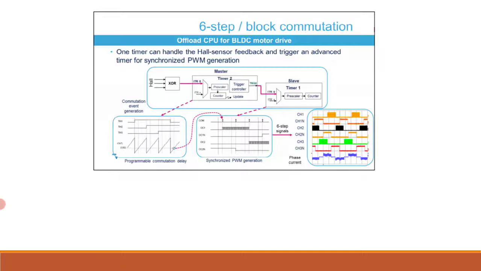The transition from one step to the other is preloaded by software in the commutation interrupt routine and automatically transferred by the hardware to reprogram the output operating mode when the next commutation arrives. The figure at right shows the 6 PWM signals for 2 consecutive complete 6-step sequences together with the current in one of the motor phases.